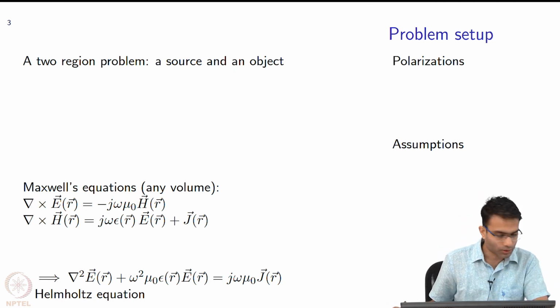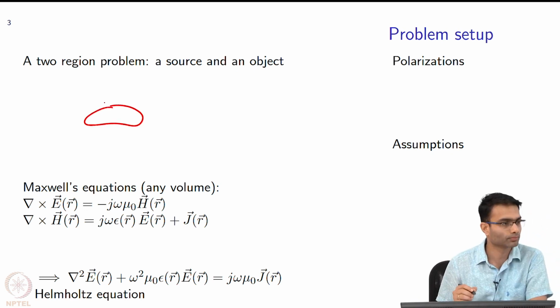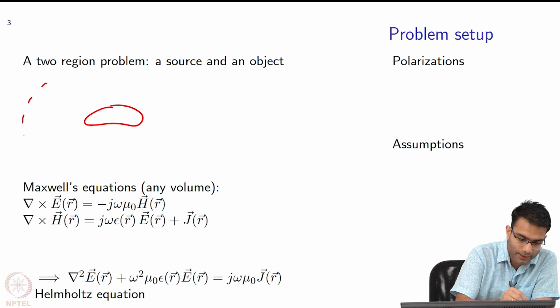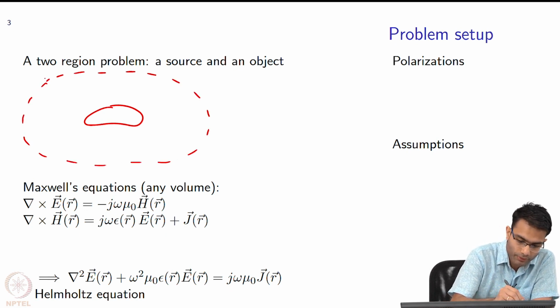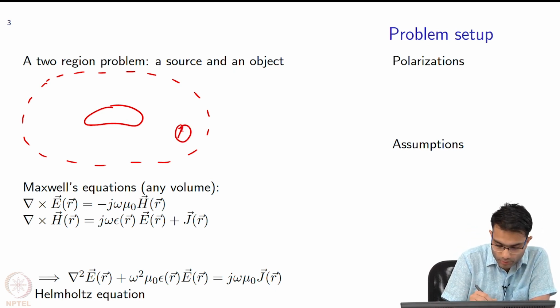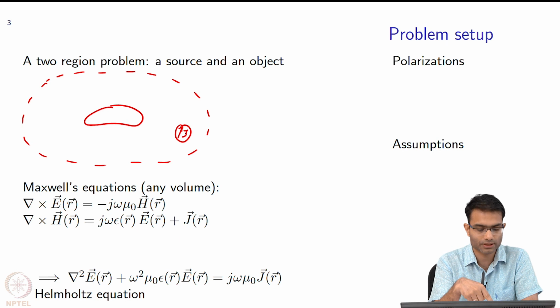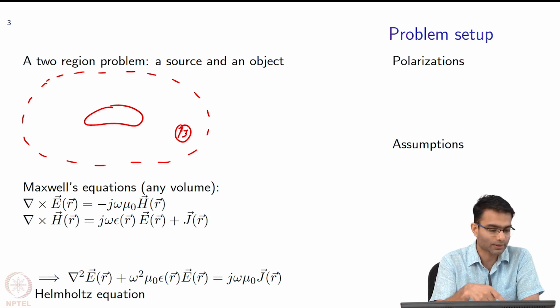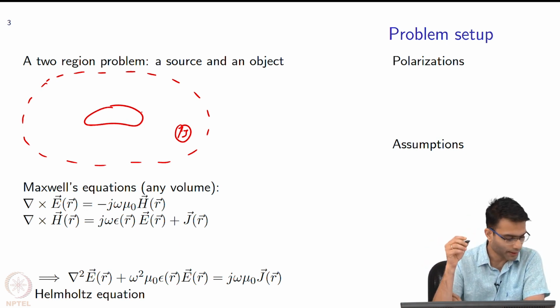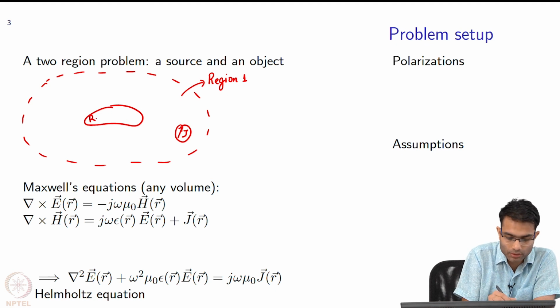Okay. So, we are going to take a two region problem, okay, to keep things very simple. So, let us say that there is one obstacle over here, okay, and it is inside another medium, let us call this thing over here, okay, and let us say that there are some sources over here, okay. So, let us call this a source. So, this is exactly like our mobile tower problem. J is the location of the mobile tower, and this object inside is some obstacle, could be anything, okay. And so, what I will do is I will call this region 1, okay, and this is region 2,